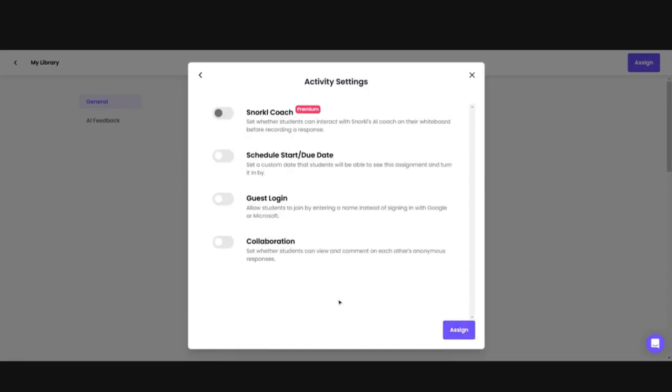And then I have all of these different activity setting options. So I can have a start date and a due date. I can allow a guest login, which would mean that instead of the students signing in with Google, they could just jump into the prompt without having to log into an account, which might be helpful for younger students who you don't want to have to go through the process of logging them into their Google account so that they can then log into Snorkl. That's maybe just something you want to test out. They would just be able to then click on the assignment link and probably add their name and then do